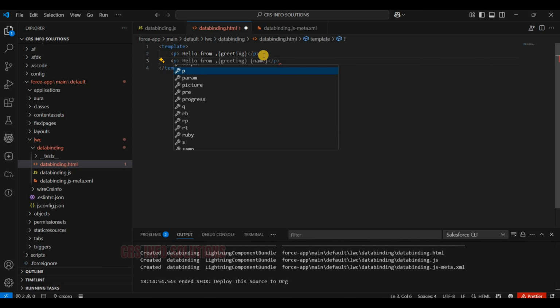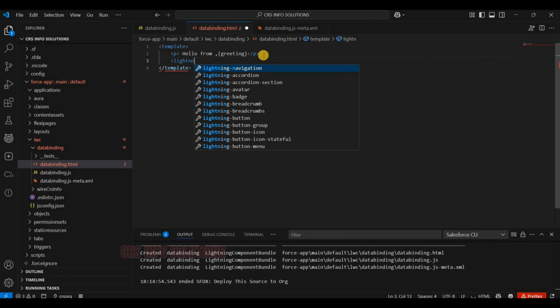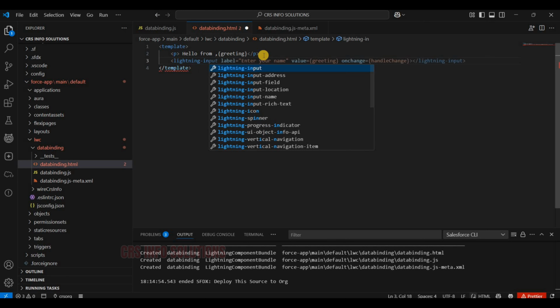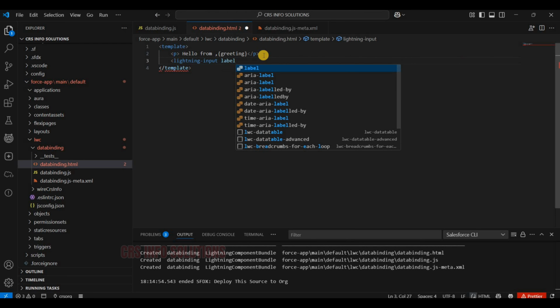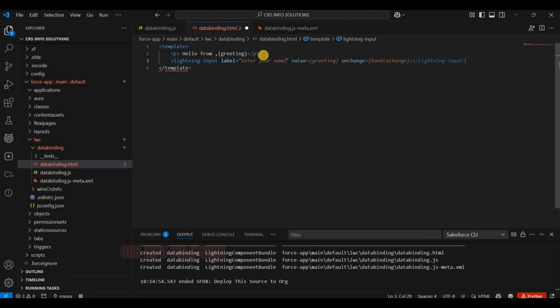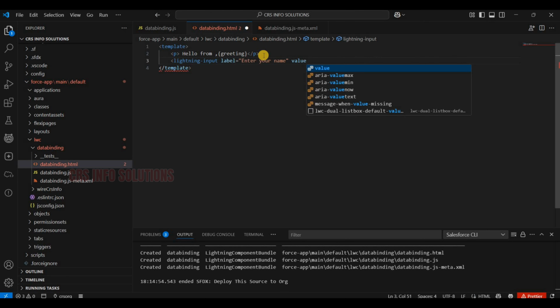After the paragraph, add lightning-input, label, enter your name, value, greeting,